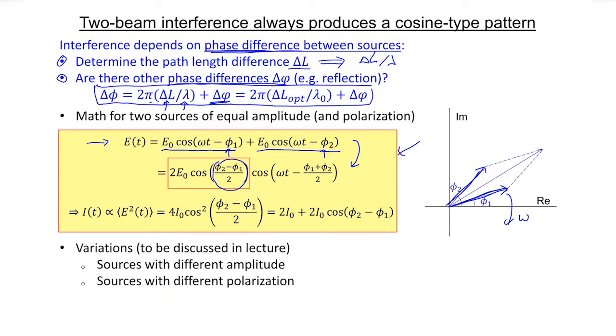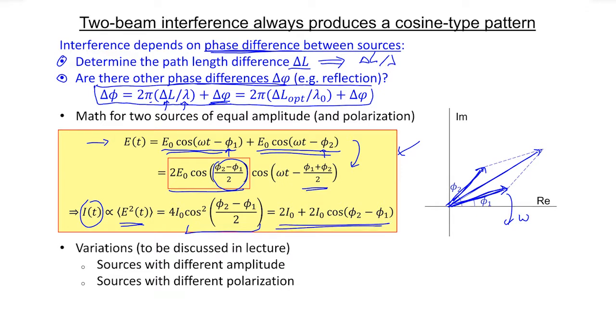If you have two oscillations with a phase difference, you have two arrows in the complex plane that you have to add to a total phasor with an average phase and with an amplitude that contains the phase difference. And then finally you have to consider that the intensity of the light is something like the amplitude squared,